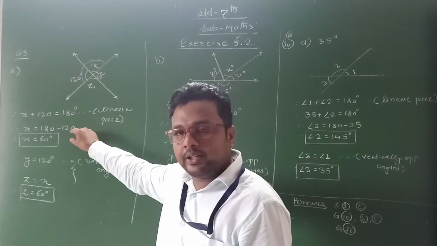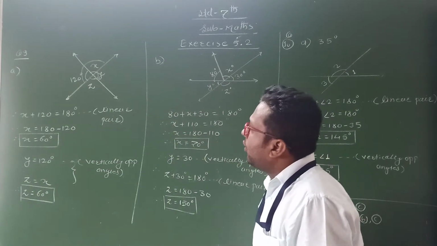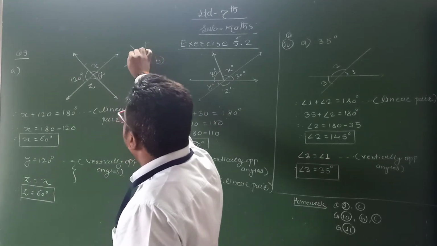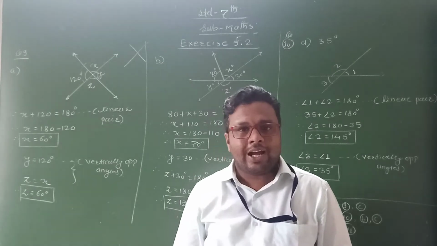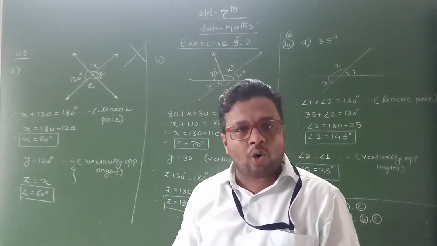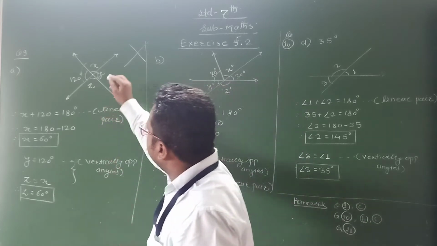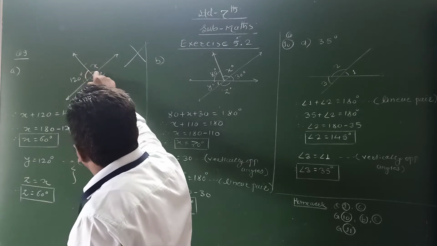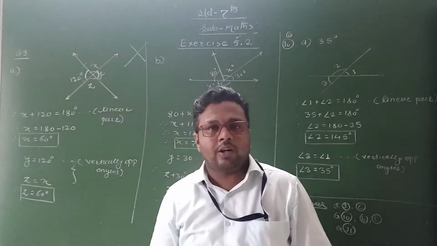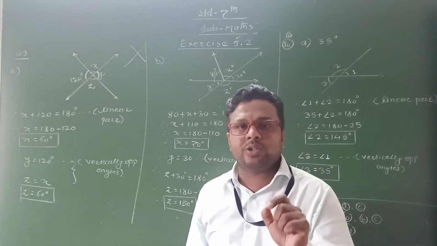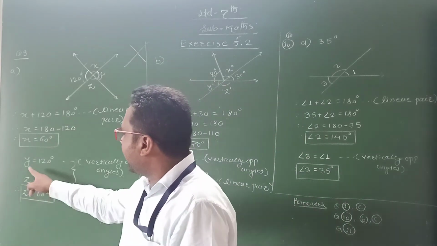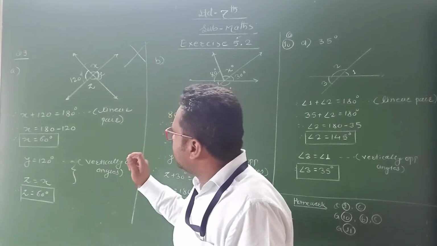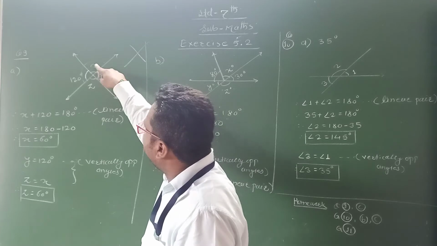And angle is equal to what? 60 degree. Now to find out the value of y. Okay. Now two lines are intersecting, the angles are formed. These are the vertically opposite angles. And vertically opposite angles are congruent or equal. Now see, these two lines are intersecting at this point, then angle y and 120, these are the vertically opposite angles. And vertically opposite angles are equal, therefore here I write y is equal to 120 degree, vertically opposite angle. Similarly, we can write angle z equal to angle x.